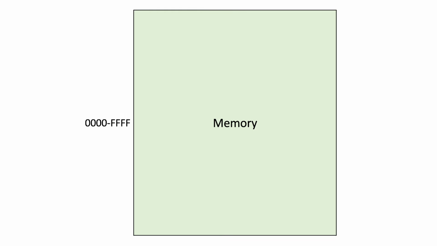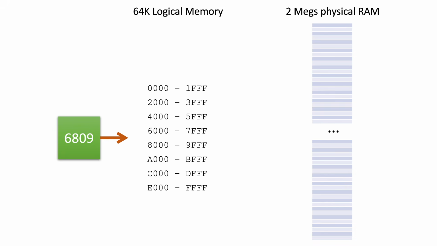The fundamental problem that's solved by the Coco 3's MMU is the fact that the 6809 can only directly address 64K's worth of memory. So that's going to give you 4 hexadecimal digits of addresses. But you can actually expand the Coco 3 to up to 2 megs of physical RAM. So the memory management unit allows us to redirect any reads or writes to those 64K worth of addresses to